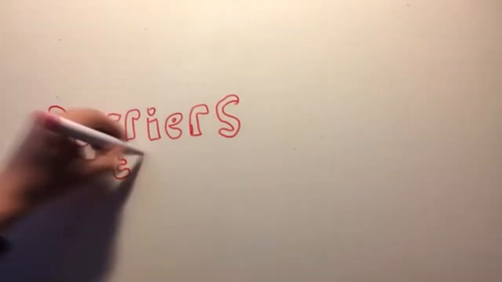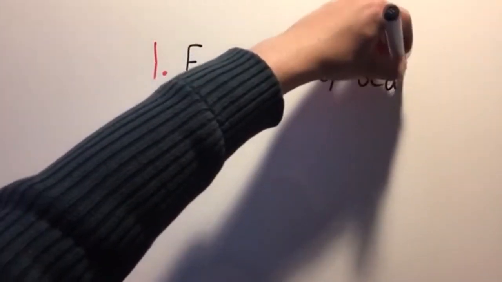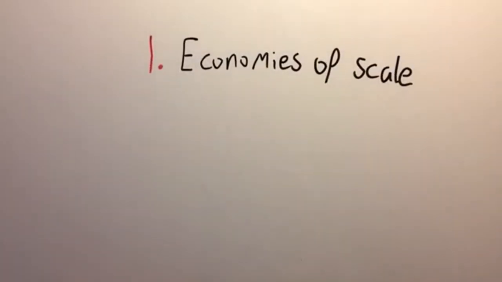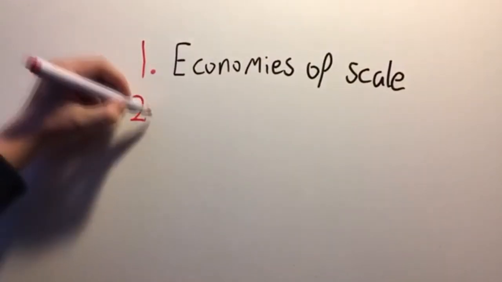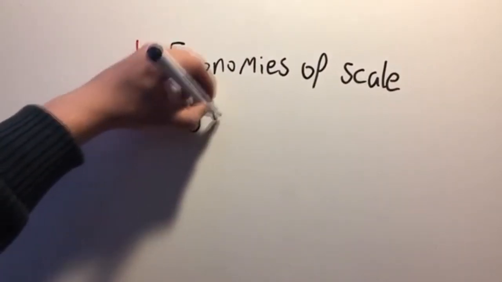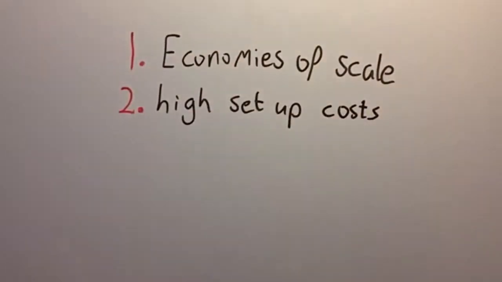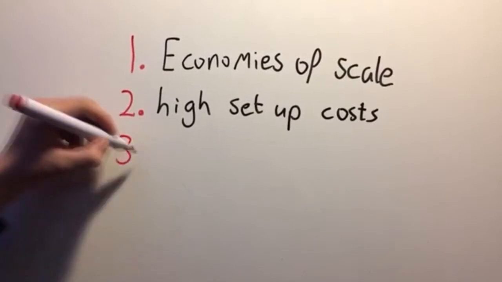Oligopolies tend to have high barriers to entry. Firstly, they benefit largely from economies of scale, and new entrants will have to charge higher prices as they try to become established in the market. This means that new entrants aren't competitively pricing their products and will lose out on market share. There is also a high setup cost associated with entering the market, which will deter potential entrants to the market. Oligopolistic firms